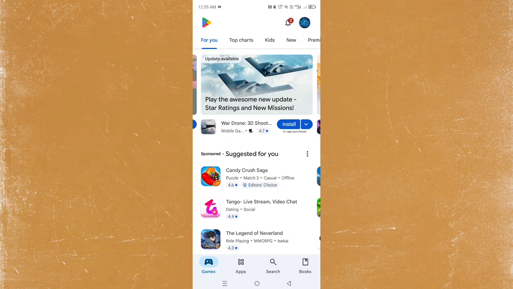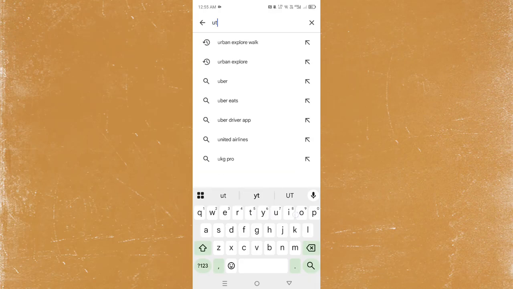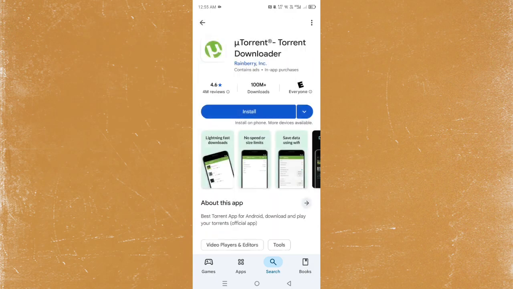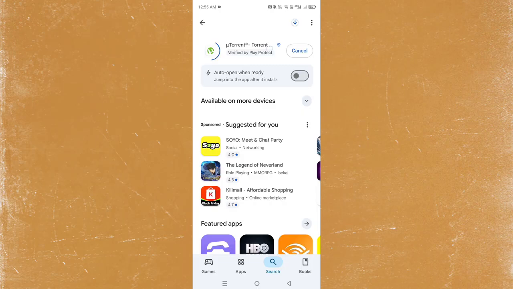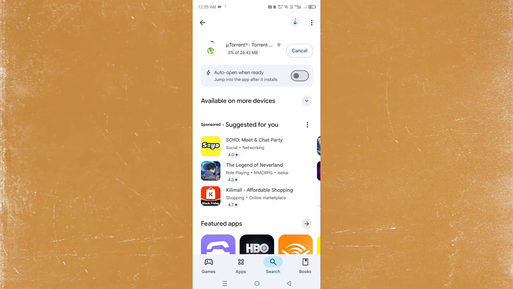What you want to do is just go ahead and launch your Google Play Store, search up uTorrent. Okay, this is a client to download different torrents. So this one right here, uTorrent, and as you can see, over 100 million plus downloads. Just install this one. So click here on install, and once it is done installing, you'll just go ahead and